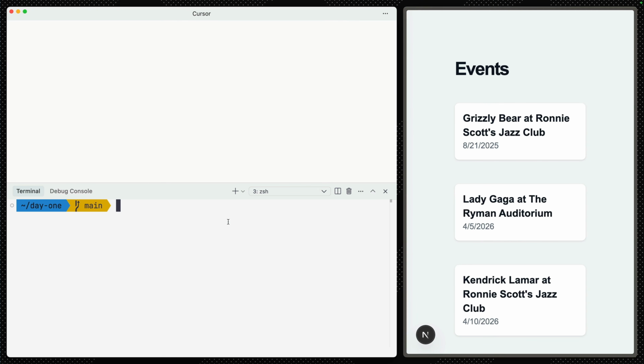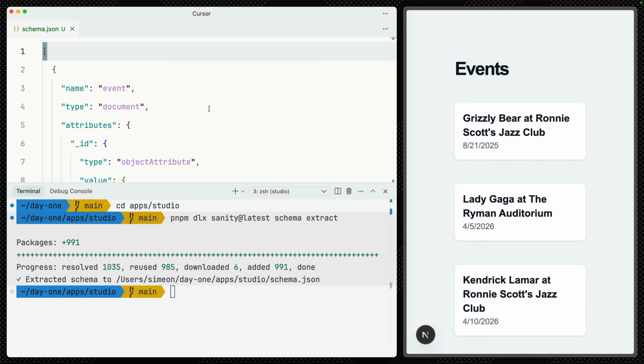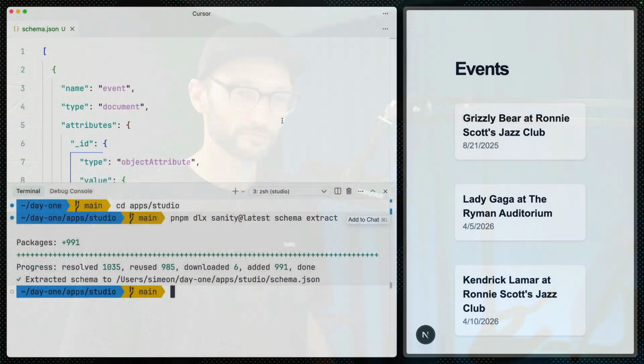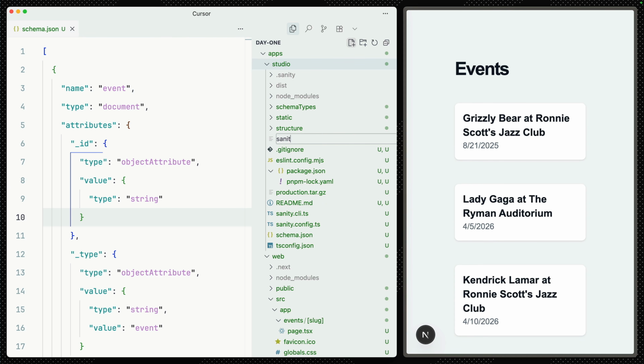Before generating types, we need to extract the schema from the studio. So inside of the app's studio directory, we can run schema extract, and this will create a schema JSON file at the root of our studio. This file is really not important to us, but it is very important to Sanity TypeGen, which will create types from this extraction. Let's create a new file at the root of our studio to configure Sanity TypeGen